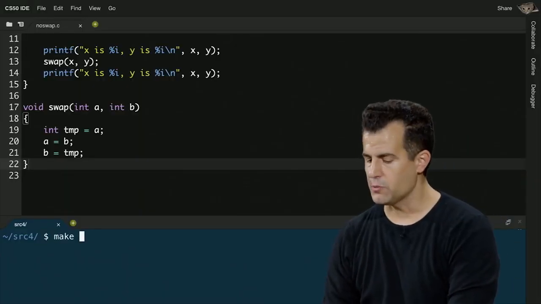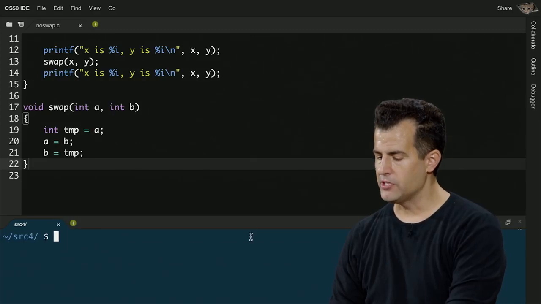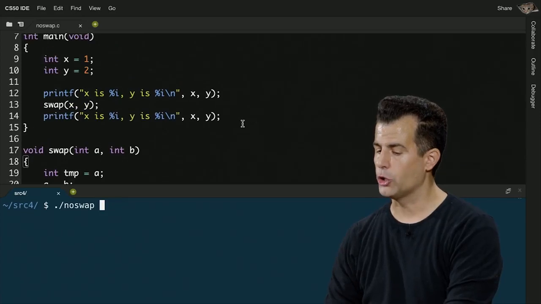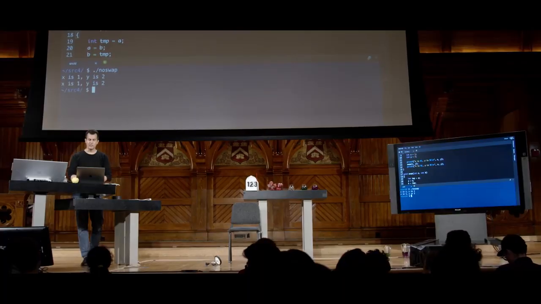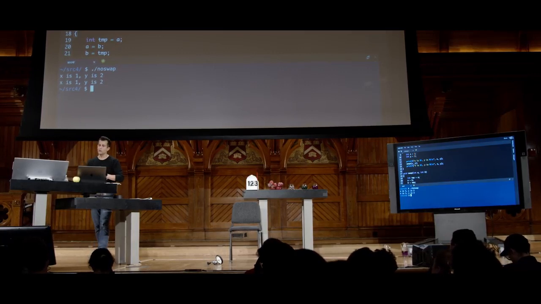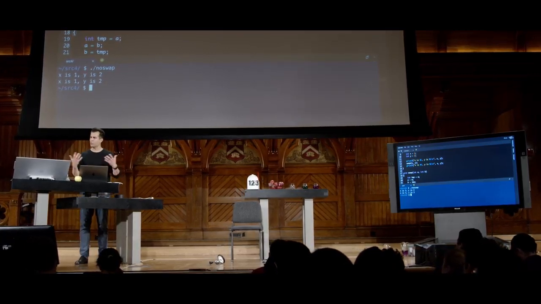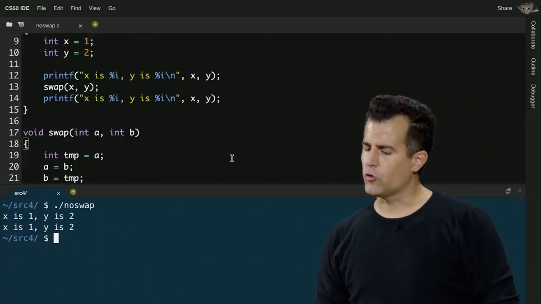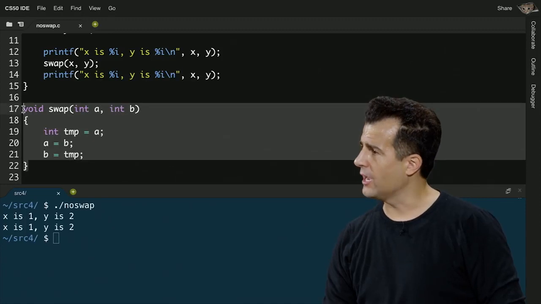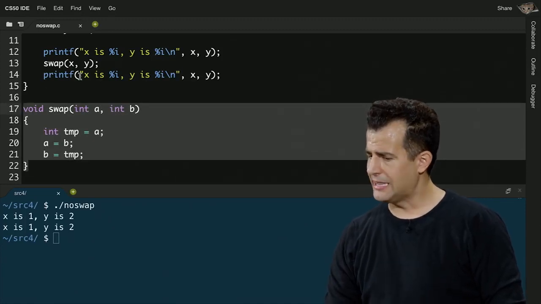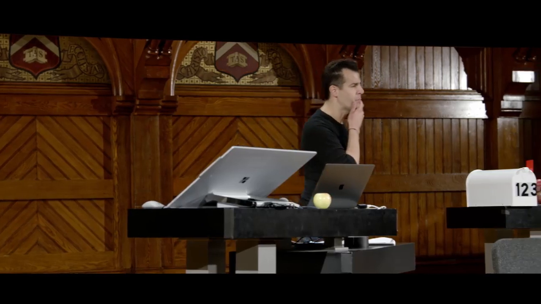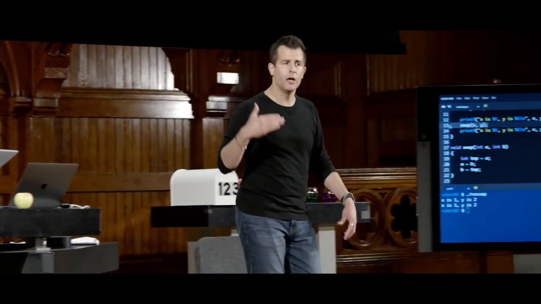Unfortunately, when I go ahead and run this program, noswap, and its name alone is a bit of a spoiler, if I go ahead and run ./noswap with x and y hard-coded to 1 and 2 respectively, you'll see that it runs and says x is 1, y is 2, x is 1, y is 2, thereby clearly failing to swap. But if you're in agreement with me, this feels like it's correct. I didn't get any compiler errors. Yet this line of code, which uses swap, seems to have no effect. So what might the intuition here or hunch be for why this program indeed does not swap?